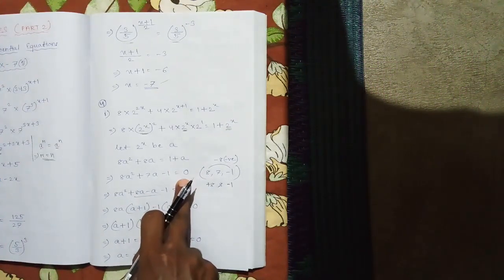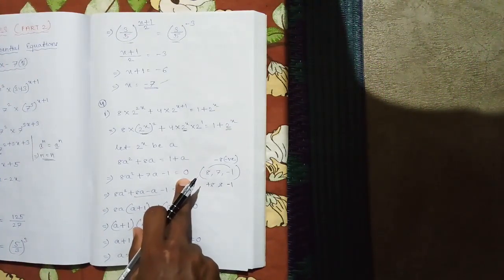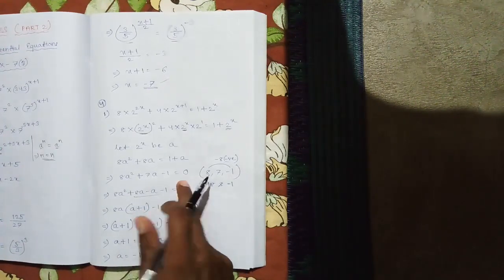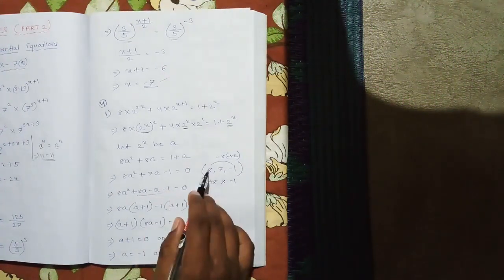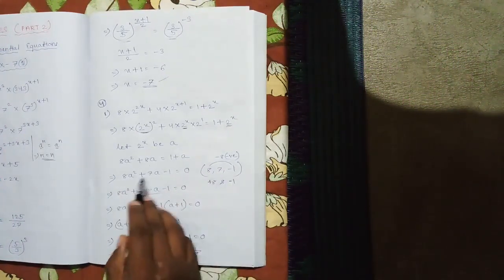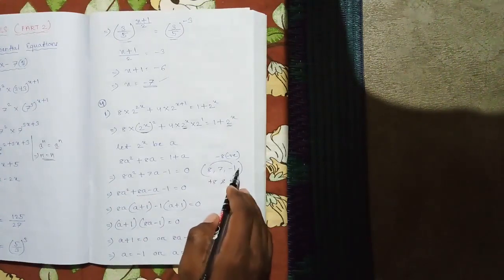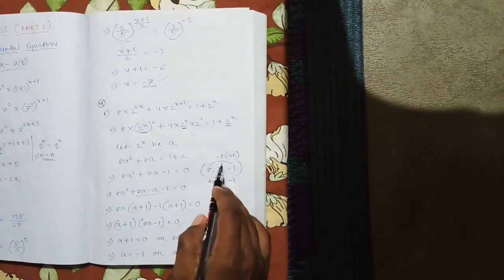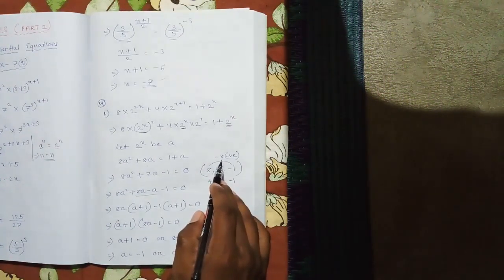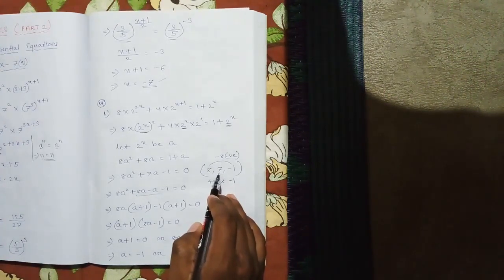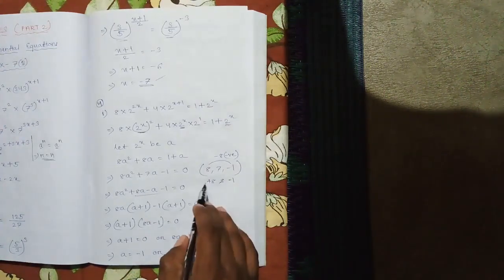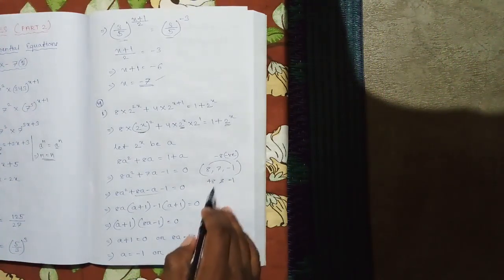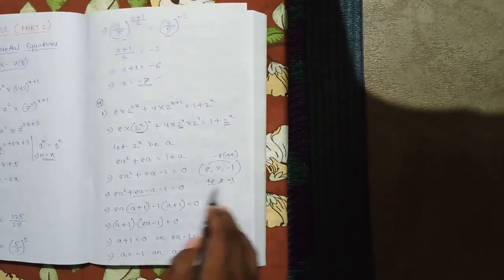Now equal to 0 is there, so now this is not an expression, it is an equation, but the method will be same, just you have to factorize and solve it. Okay, so let us write the coefficients 8, 7 and minus 1. 8 into minus 1 gives us minus 8, which is negative, means difference. We have to take difference. Okay, so think of two numbers whose product will be 8, difference will be 7. Obviously 8 and minus 1. 8 into minus 1 gives us minus 8, and 8 minus 1 gives us 7. Okay, so these are the two splitting factors, 8 and minus 1.